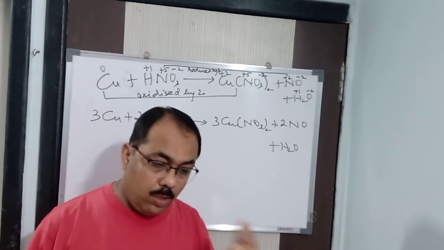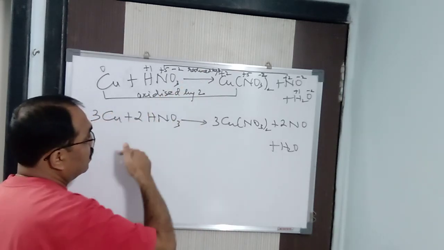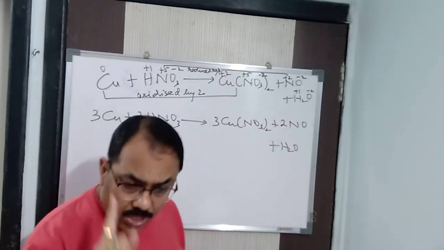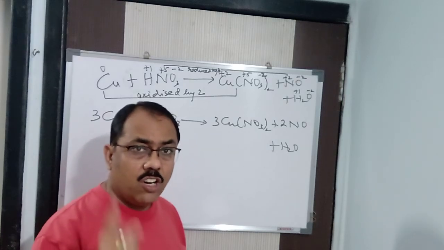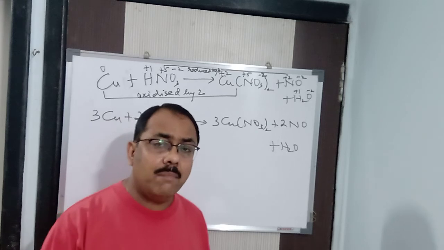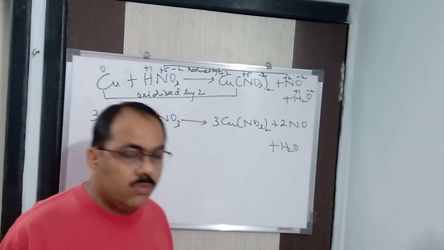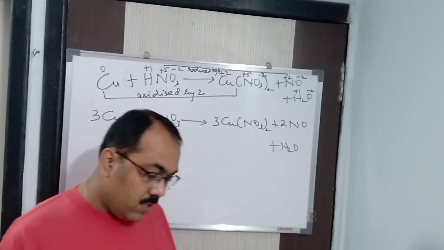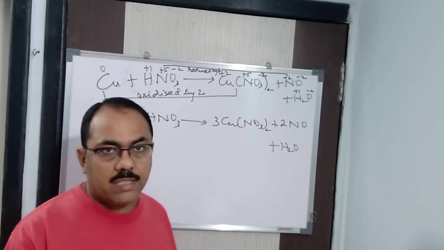In this step we are multiplying with opposite numbers. The oxidation half and the reduction half, we are multiplying with opposite numbers. But by doing so, you need to remember that you are balancing the equation, not disbalancing it. By doing so the equation is getting balanced, meaning you are moving forward. Now if you find that it is balanced, then it's okay. If it is not balanced, then you have to balance it by hit and trial method.